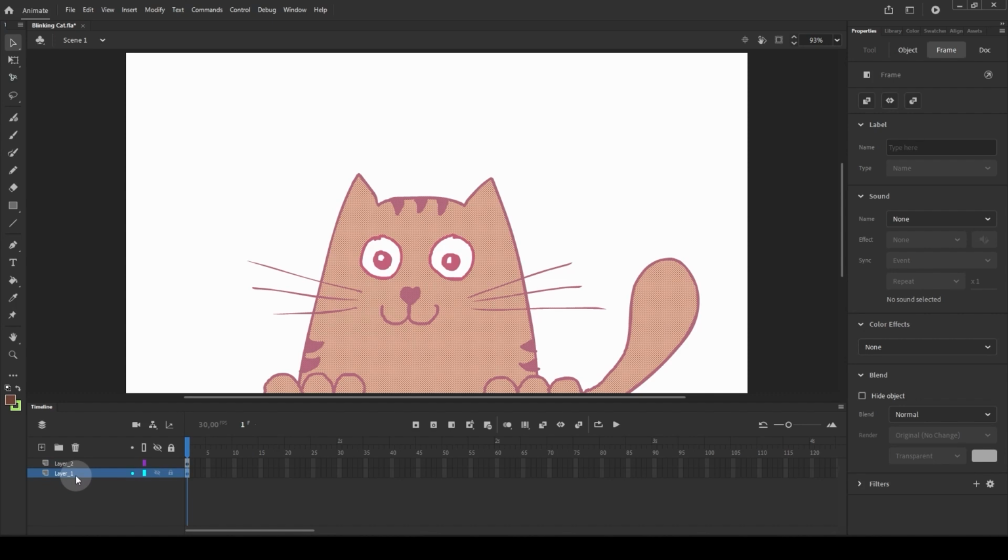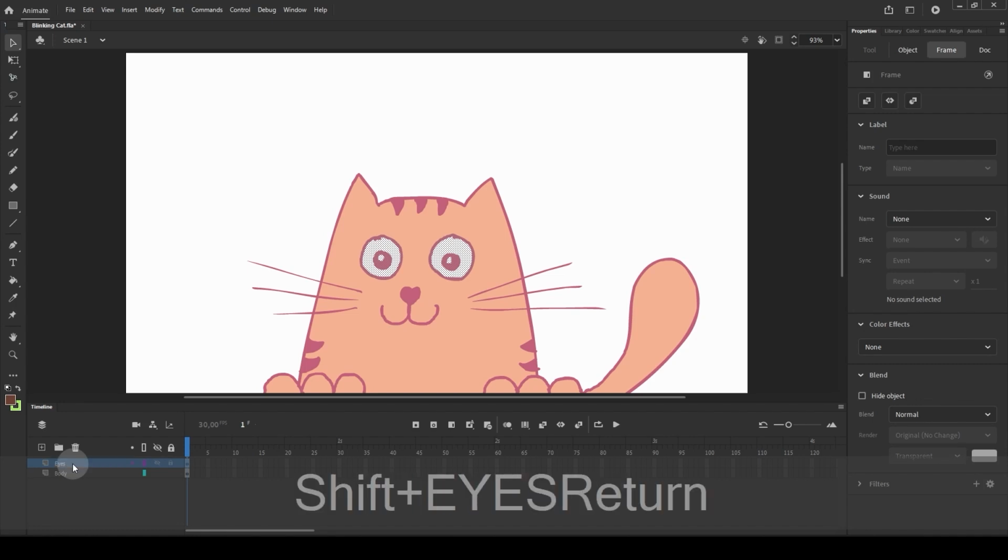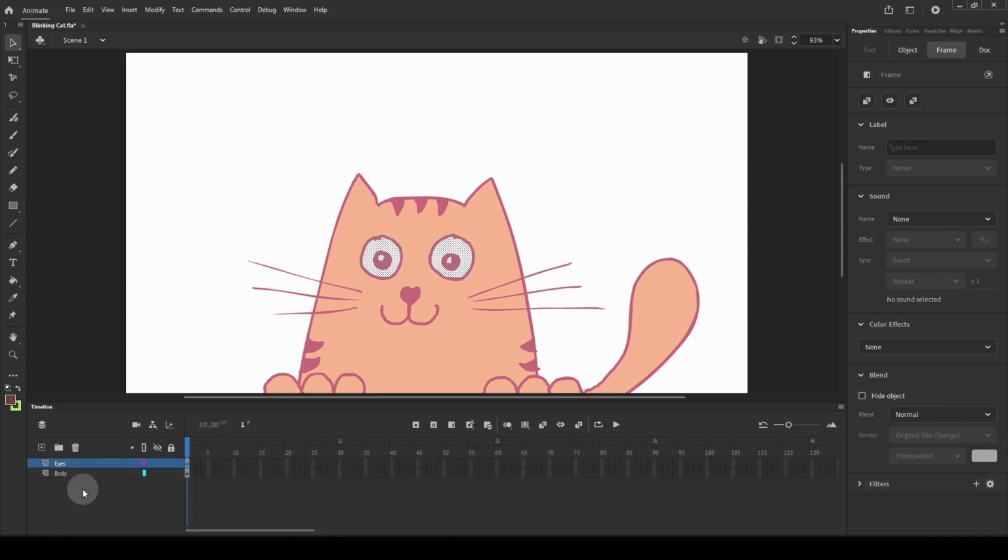You should always keep your layers panel organized and tidy. To do that, you can just rename your layers by double clicking on a layer's name. For example, I can double click on layer 1 and change the name to body, hit return, and I can double click on layer 2 and call it eyes, hit return. Now I know exactly what's on my layers. At the moment, it may not make too much of a difference because I have only 2 layers, but on a bigger project you can have over 20 layers and it can be overwhelming